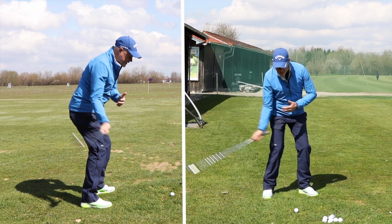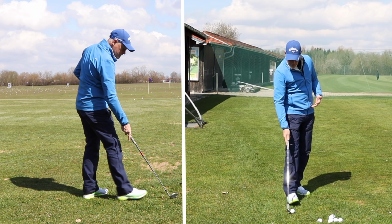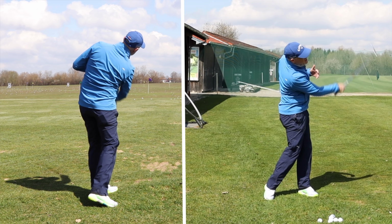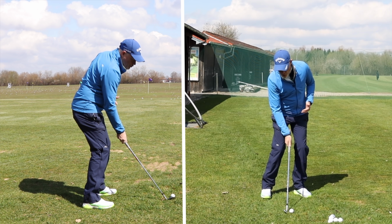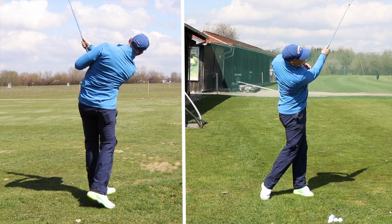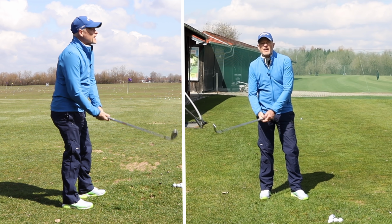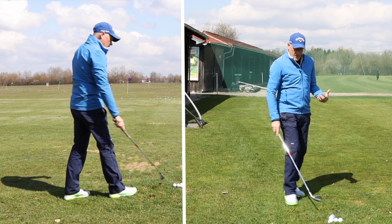That's a perfect example of what you don't want to do. The further you get the right or trail shoulder down, the easier it's going to be to get your trail arm extending through the golf ball. And a great feeling for what you should be doing when you put both hands on it. And I would even say then,